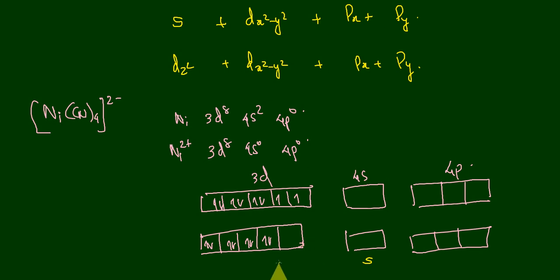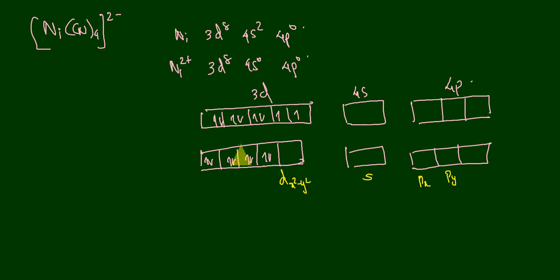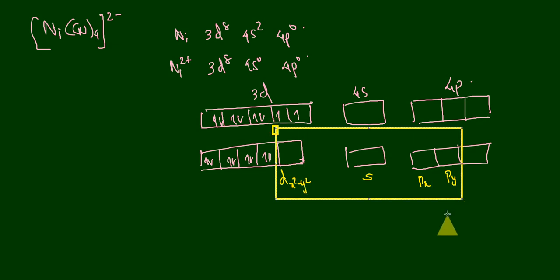That is very important. It is not dxy or dz square or something like that. It is dx square minus y square. Okay, so the s orbital will combine with dx square minus y square, and then it has to combine with px and py, not pz. We have to consider only symmetry allowed orbitals, px and py. So these orbitals will combine to give you the hybrid orbitals. They will combine like this,